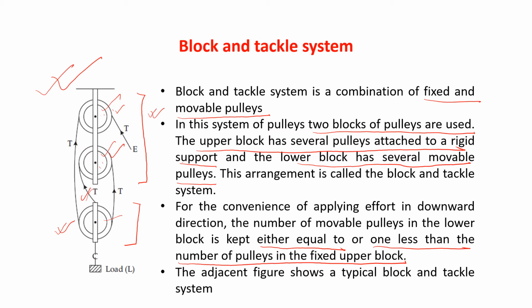You can see that this string is starting from the lower end. It is going through the first pulley of this upper block, and then again it is coming here, and then it is passing through the lower pulley, and then it is going up, and again it is coming from the second pulley of the upper block, and this is the effort. And the load is attached with the movable pulley, and the load is acting in the downward direction. There should be an arrow. Am I clear?